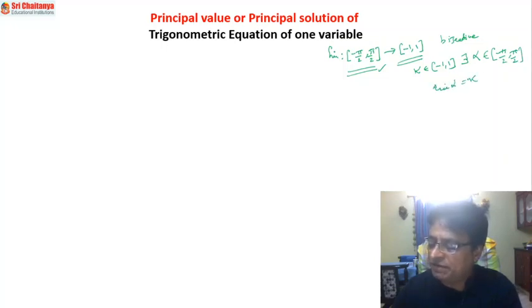This is the definition of an onto function, and here the unique value which exists in the closed interval minus pi by 2 comma pi by 2,